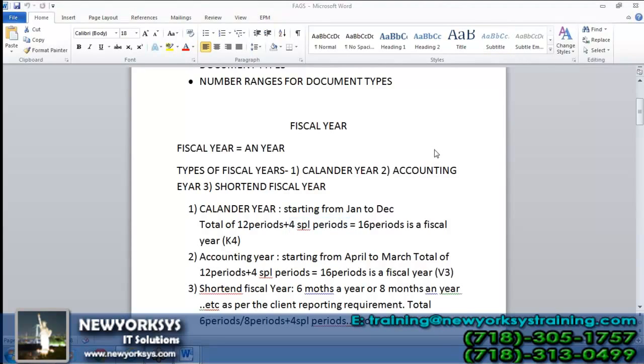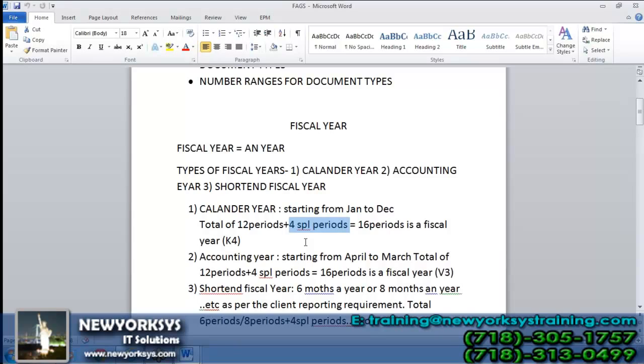Any company doing business operations needs to close the accounts, right? The closing of the accounts is done and submitted to the government, statutory or external boards after the closing of the year. So 4 special periods are taken, meaning 4 additional months to close the accounts.